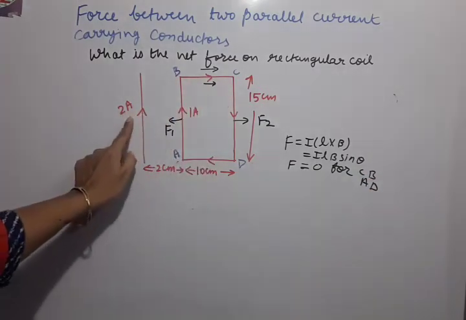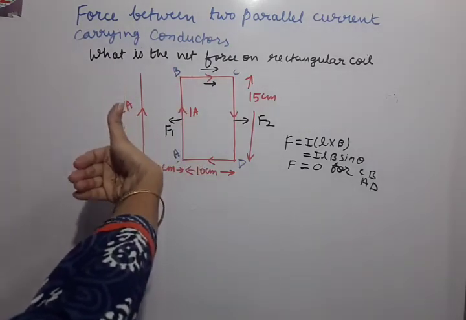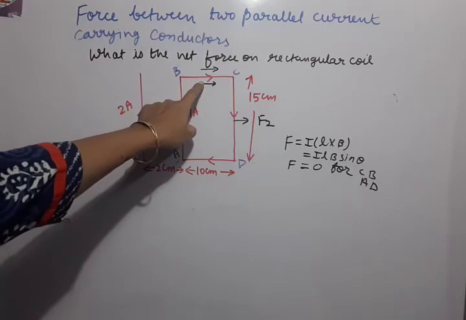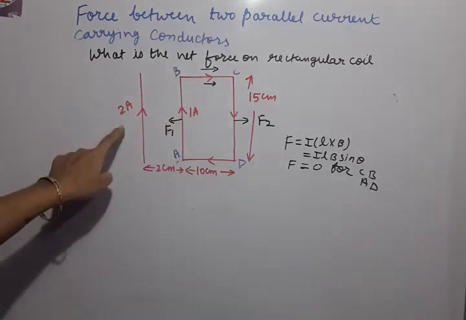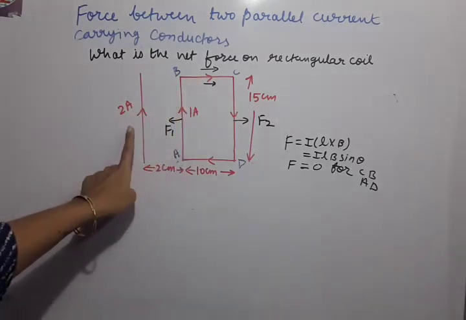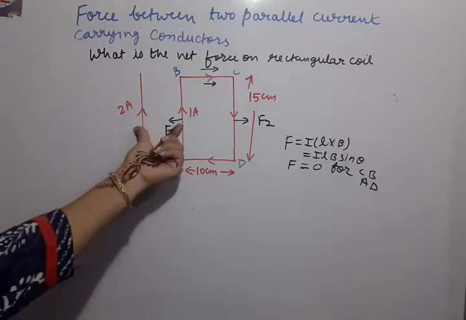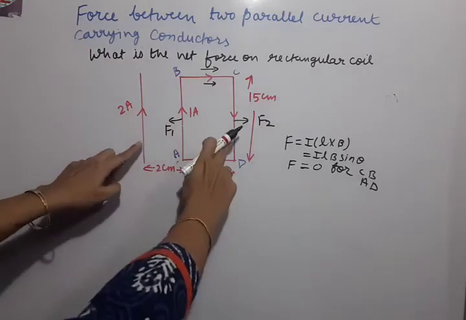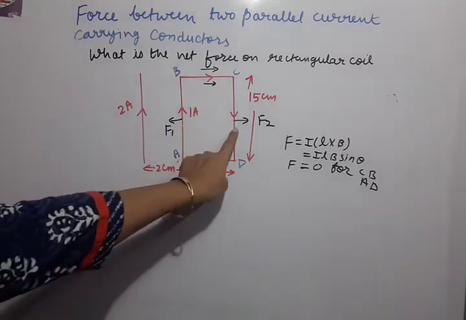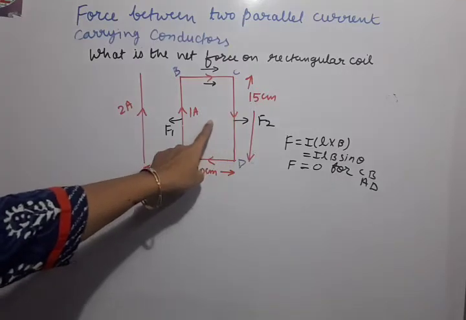Okay, the magnetic field of this has to be made using the right hand thumb rule. So always remember that when the first current and second current are perpendicular, then no force will be experienced. Force will be experienced by the two wires only when they are parallel, like this case and this case. So here forces are not there, only two forces are there on the coil. One is in this direction, one is in this direction. So the net force we need to find.